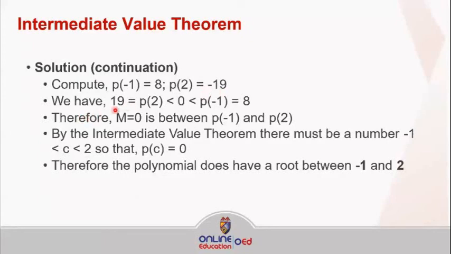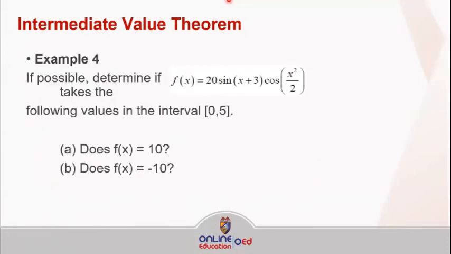So we have here -19 equals P of 2 less than 0 and then less than P of -1 which is yung 8 natin. So range natin is from -19 to 8. Therefore, yung M natin is between P of -1 and P of 2. Yeah. Therefore, the polynomial has a root between the -1 and 2. So for the example number 4, if possible, we need to